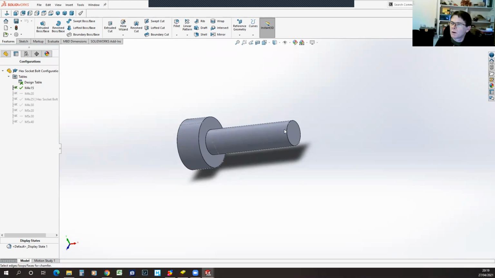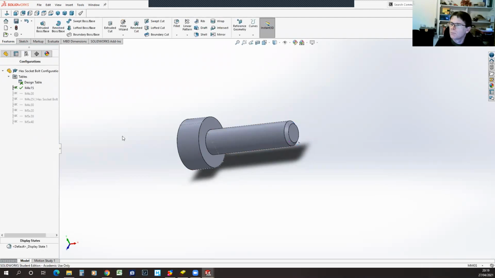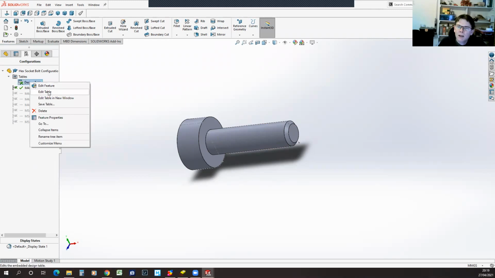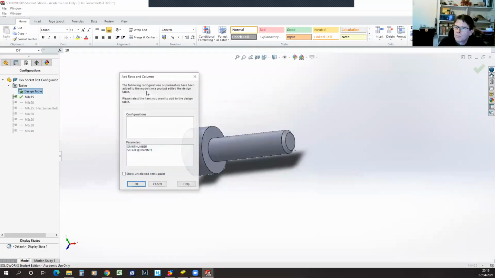So let's put a chamfer on here. 0.5 millimeter, probably be about right. Now, because I've added a new feature which has its own dimension, i.e. that chamfer had 0.5 millimeter as a dimension, if I go and edit the design table, notice that I've also now got that option to bring chamfer in. So if I select that,